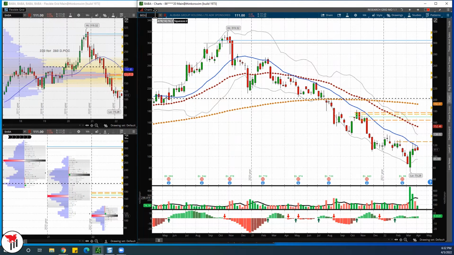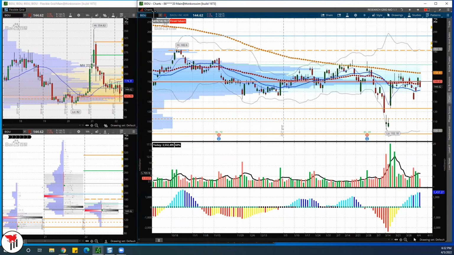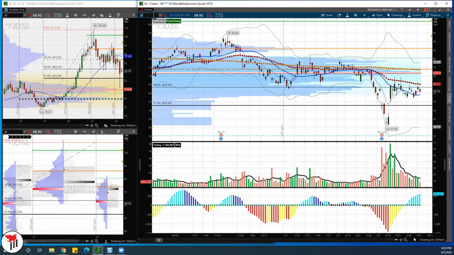Let's see another one. What's the one that Kyle likes to trade? Is it Baidu? I think he likes to trade Pinduo, JD. Yeah, he likes to trade JD. So this one's a little trickier, but yeah, 140 for 130. JD, not as clean, guys. This is just sideways, the middle of nowhere. So you can go 65 to 71, so that we trade it as a gap. We don't need to get into details for that one.